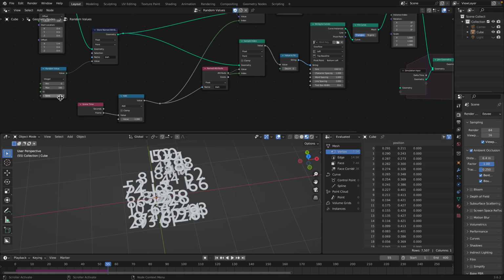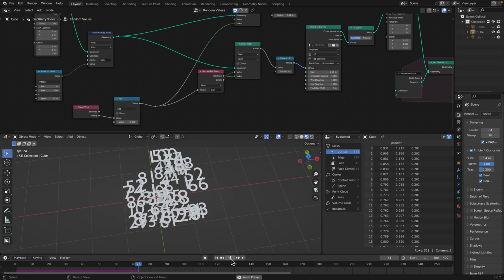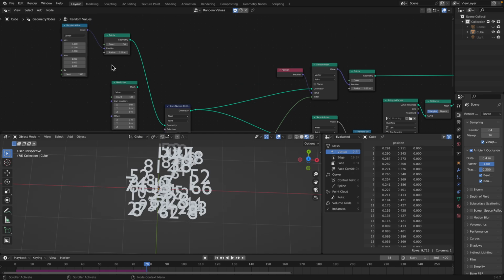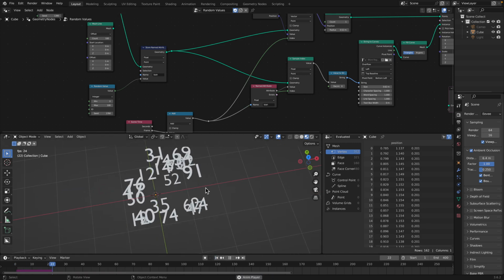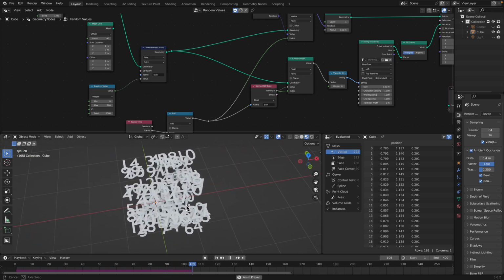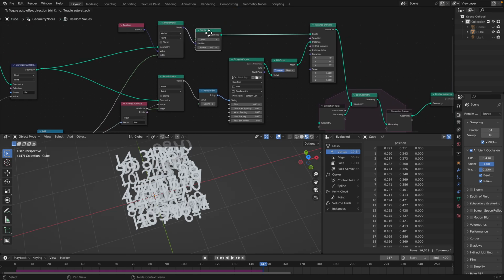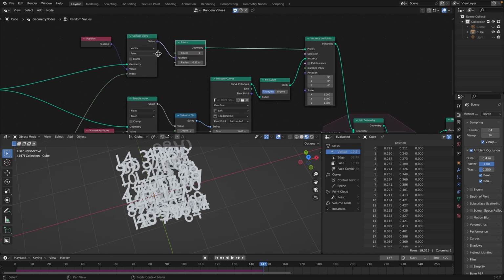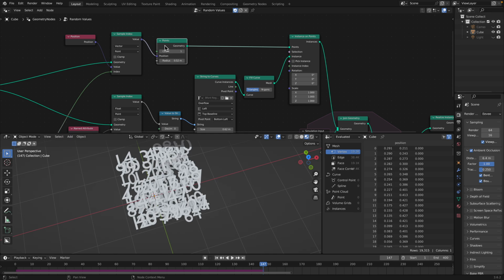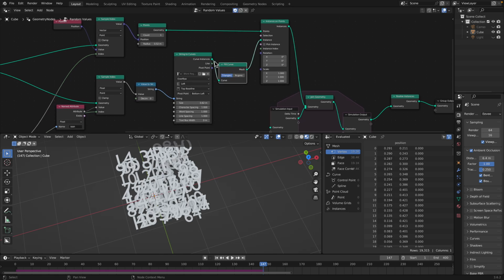Since this is a simulation node, we cannot really change the number after it's been generated, at least unless we change the setup. But as you can see, this is actually working quite well. So 100 generated values are translated into a text object, and then using the sample index, this goes into the output of the position because it's a single index value. At every frame, geometry nodes will pick a single value, and the reason we have to do this is because